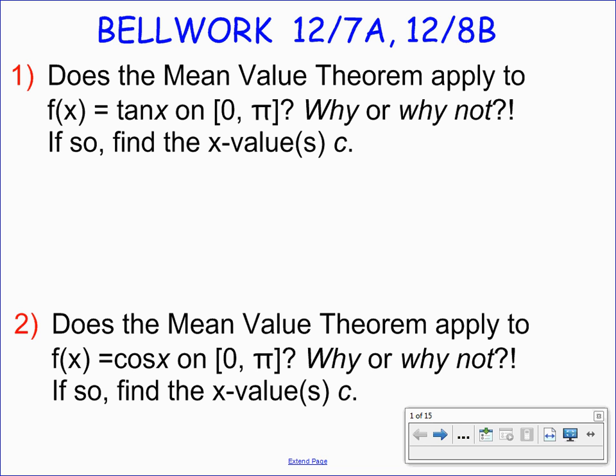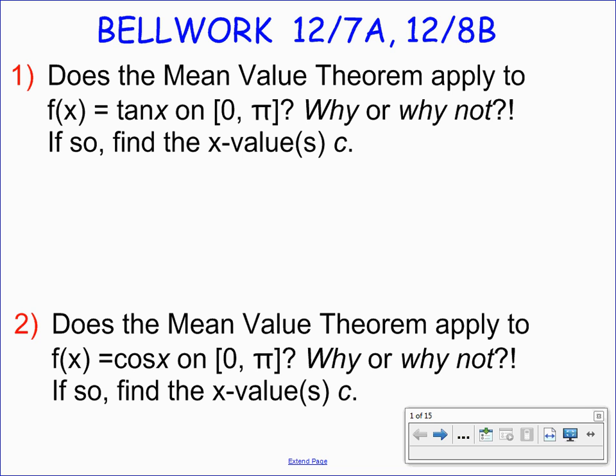But first, we want to make sure that we're comfortable using the mean value theorem. So we saw last class how the mean value theorem was a way to determine when the instantaneous rate of change of a function was equal to the average rate of change of the function over the interval. And so long as my function f is continuous and differentiable on the open interval, then there's guaranteed to be some place, x equals c, where the slope of the tangent is the same as the slope of the secant line connecting the endpoints. However, we must first check to see that my function f is continuous and differentiable over that interval. So let's go ahead and take a look at our first one.